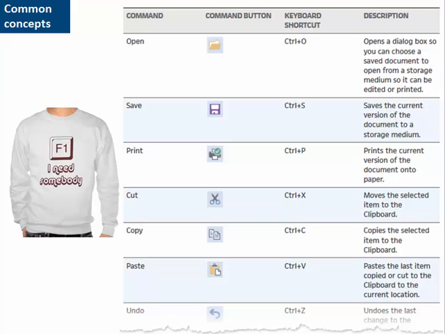You expect cut, copy, paste to exist on every program, and you expect the same keyboard shortcuts, Control X, Control C, Control V, to work for cut, copy, paste in every program that you use. That's just become a standard and a de facto, and most programs adapt to that. By the way, the F1 key almost always means help,